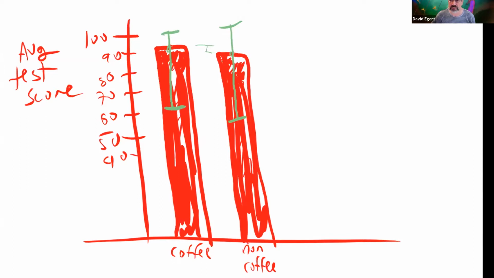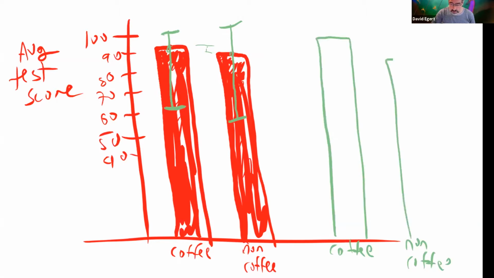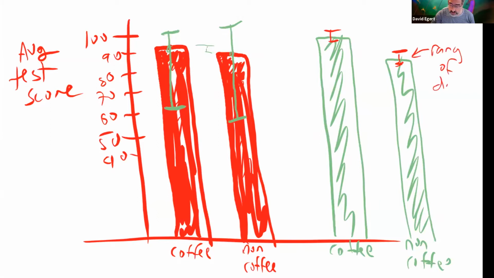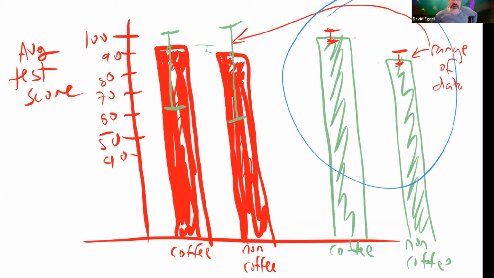Does that make sense? Whereas if I had a different situation, where the averages are different and I look at the dispersion around them and it's very tight, if this is the range of the data, and the averages are pretty different and the range of the data is tightly clustered around those averages,